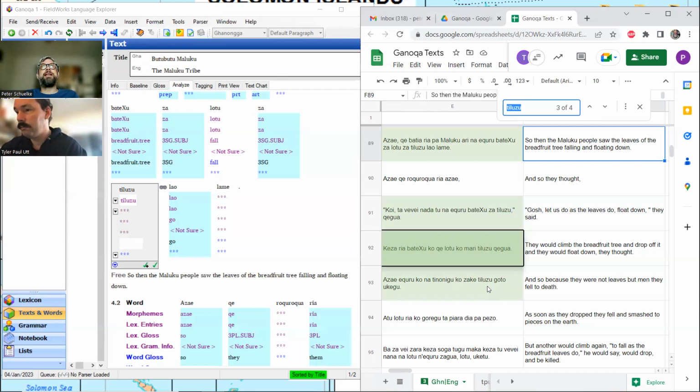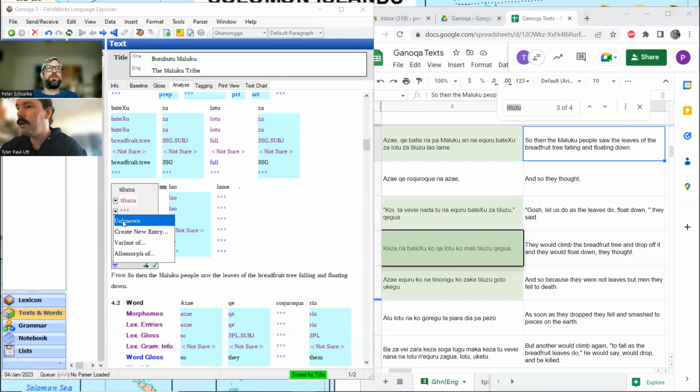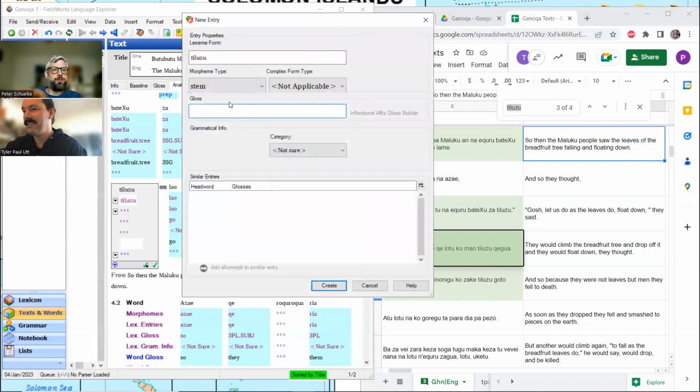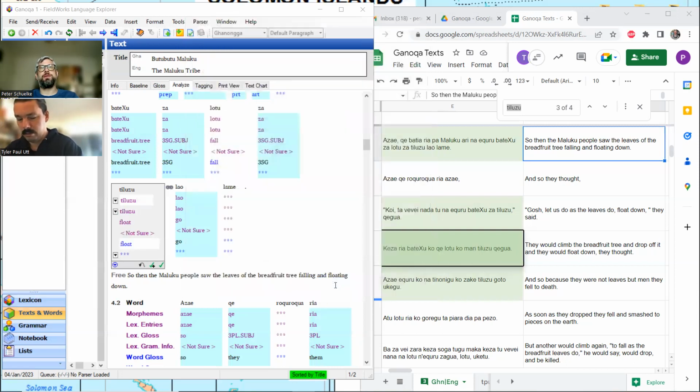Sounds good to me. Now I'm doubting myself and thinking float might be better, because glide has some kind of implicature that something can kind of move through the air, whereas this just seems to be stuff that doesn't go down in the air. I'm going back to float. What do you think? Float away. I almost want to put float air, but since we don't know, I'll leave it. We'll look for Tiluzu in a story that contains more water than this one.